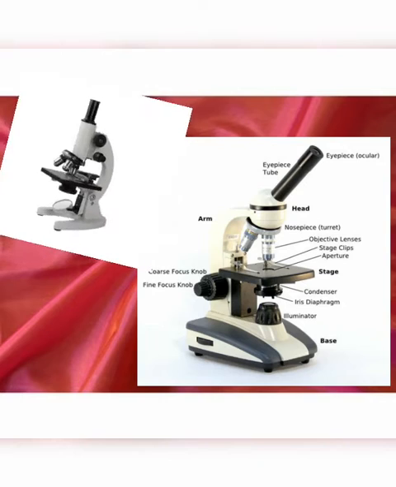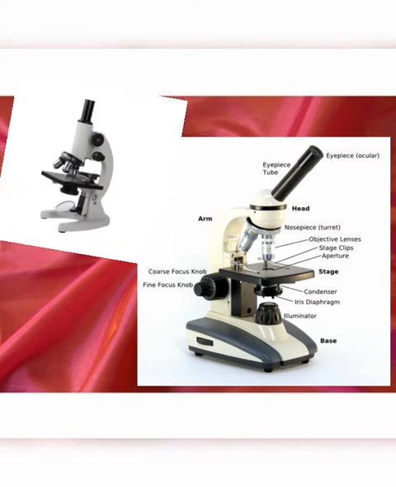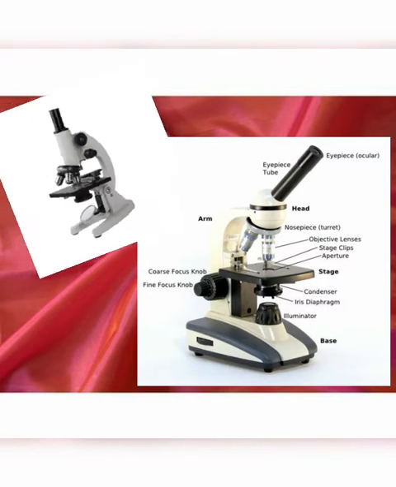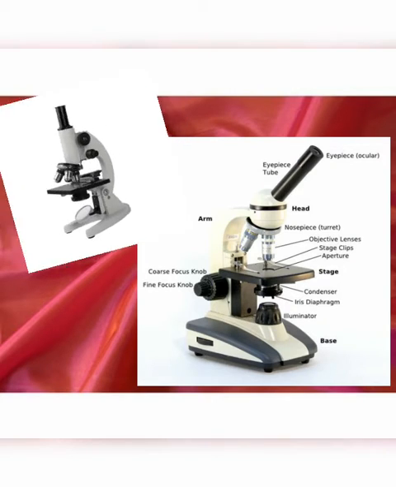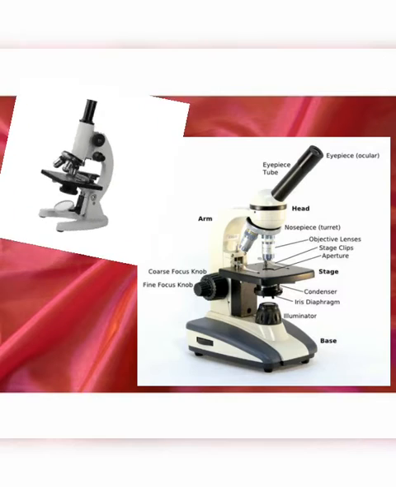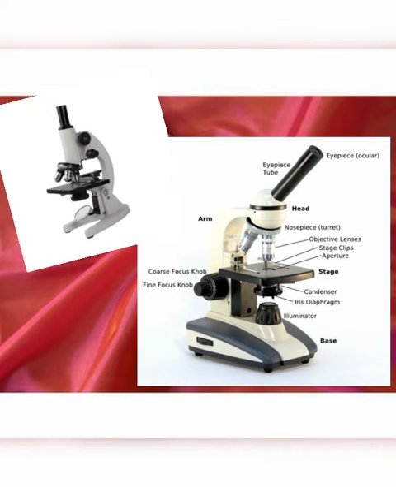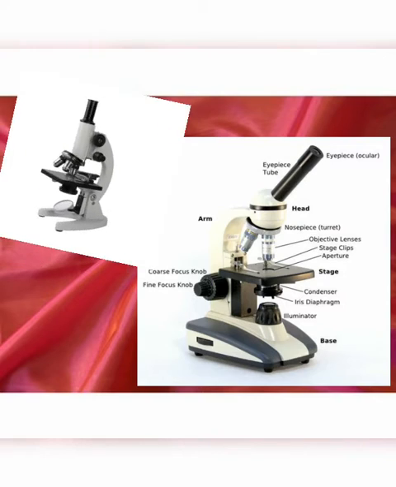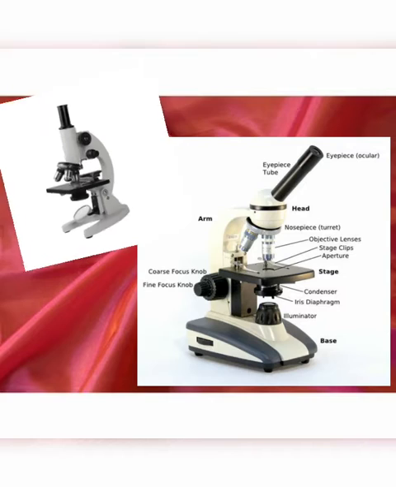Nose piece. It permits interchange of low and high power objectives. Coarse adjustment screw. Rough adjustments of the distance of the tube from the object on the stage can be made by this screw. Body tube bears eyepiece and objectives, so they move along the body tube. Fine adjustment screw. Fine adjustment of distance can be made by the screw. Its main function is to make the focusing exact.